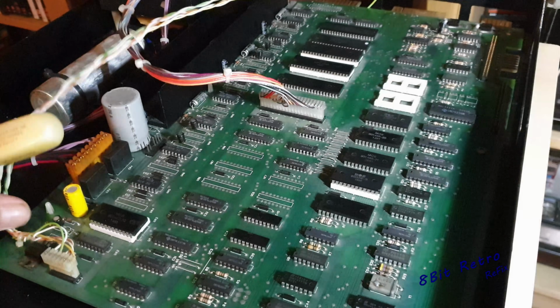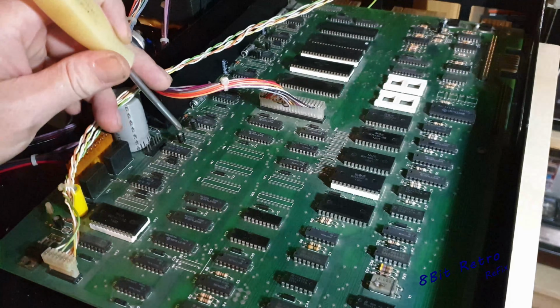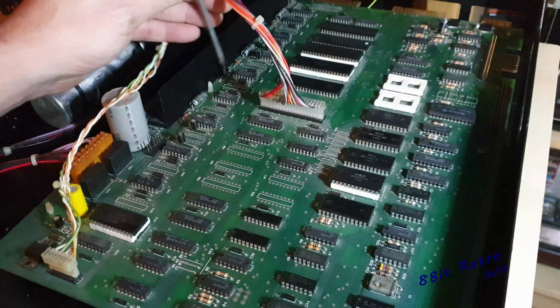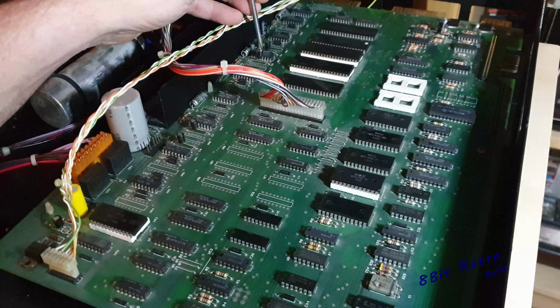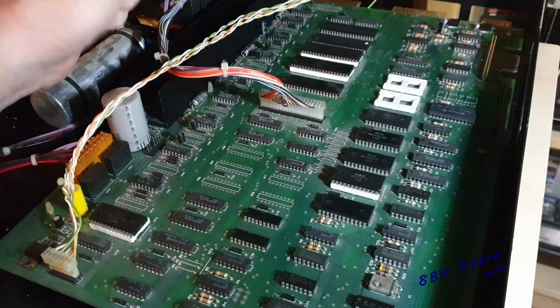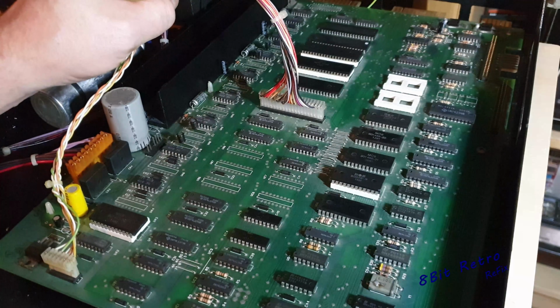Yeah, so here we are. I've changed out the capacitor down here. I've changed this one here, this one here. I've not got these ones in stock here, but I've changed this one. I've changed this one, this one, this one, that one, and that's about it. So I just thought I'd change all them capacitors anyway. They needed to be changed anyway because it's been a long time